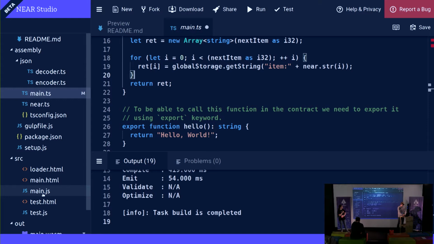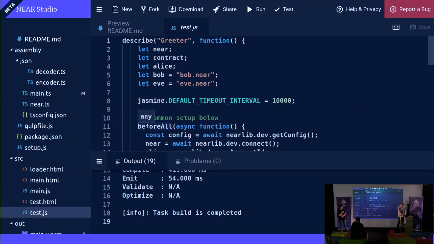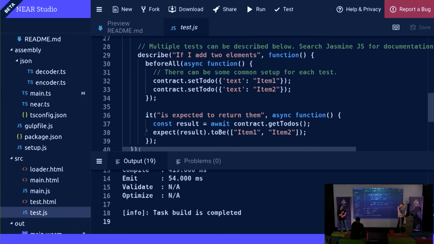The reason for that, that's going to be easy to fix, is that in the test, in the before all, when I set to do, I did not put a wait in front of it. So it asynchronously called two of those set to do's, but they didn't finish. And so by the time it requested them, the requests were not processed yet.